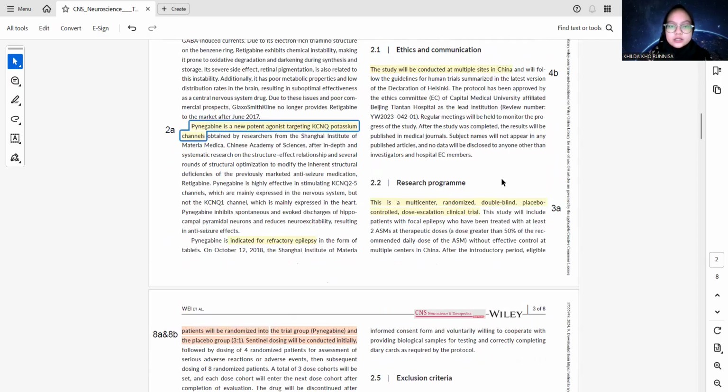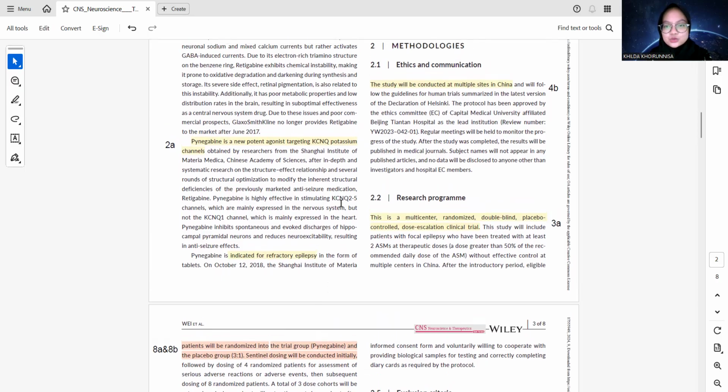Now on the introduction, which corresponds to items 2A and 2B. Item 2A: the background should explain the scientific rationale. The authors write that Pinegabine is a new potent agonist targeting.